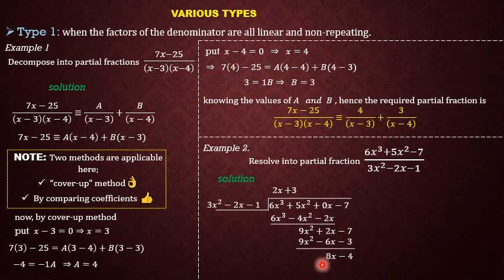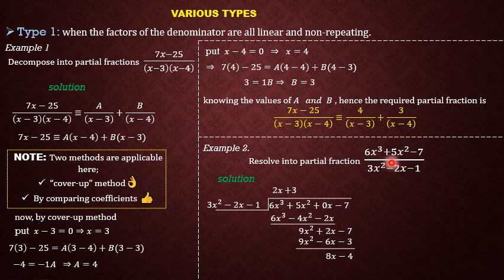No, because this term here is actually linear, while this term here is a quadratic, okay. That is why I cannot take 8x minus 4 and divide it by 3x squared. This is linear and this is quadratic. So they use this cubic polynomial to divide by this quadratic polynomial, because the degree here is more than this one. But even here, you notice that they still use this quadratic polynomial, this polynomial of degree 2, to divide with this other polynomial of degree 2,